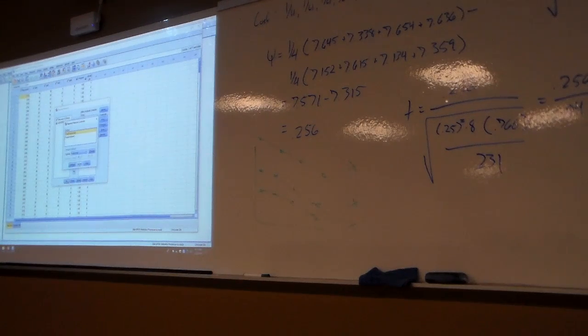Contrasts, this is still going to be our within subjects contrast. It'll still give us our polynomial contrast, so we'll leave that there. Plots, let's change our plot a little bit. We're going to remove that, and we're going to put program as separate lines, time on the horizontal axis. This is going to give us different lines for our different programs. We don't know if we're going to get an interaction effect in this data, but we're going to have SPSS plot it out just in case it comes up. Then I'm going to hit add,